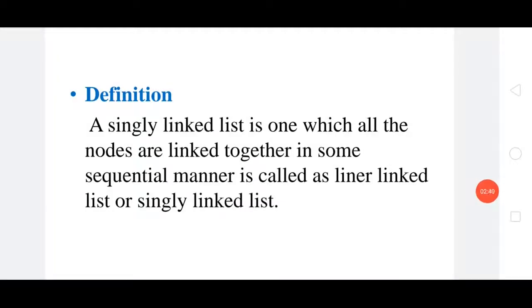The first node is called the head. It points to the first node of the list and helps us access every other element in the list. The last node, also sometimes called the tail, points to null, which helps us in determining when the list ends.